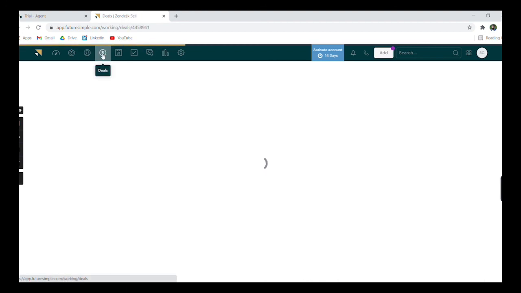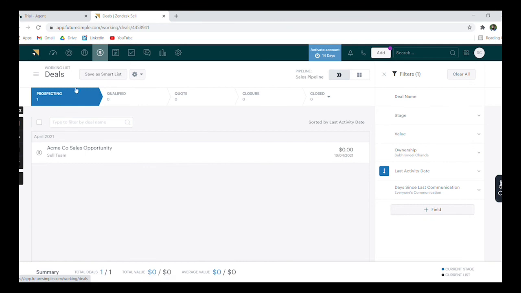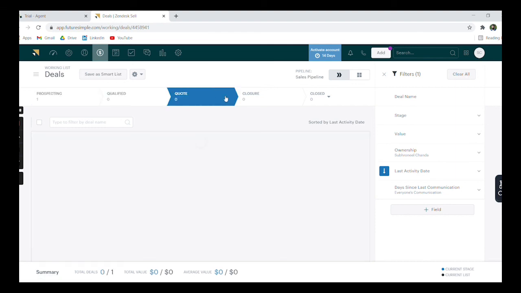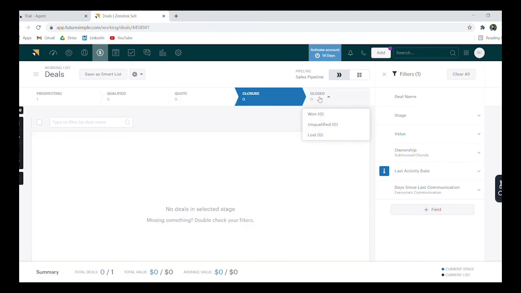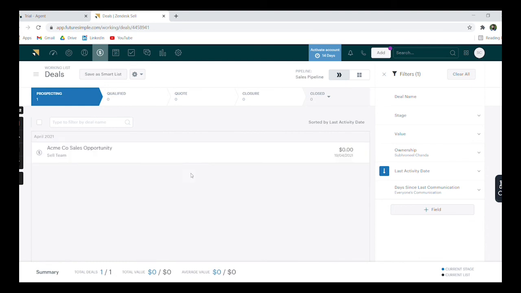The next page is the deals page, which will automatically draw data from the entire client interaction and edits and all the details entered in the client's information and contact page and display it in the form of which stage your client is in and how many clients are in the respective stage of your lead conversion process.